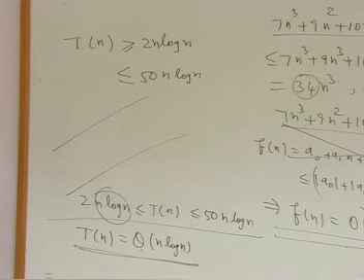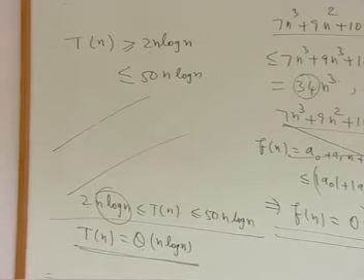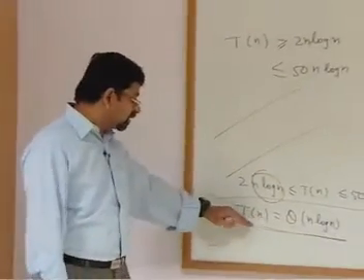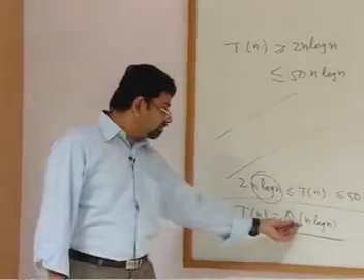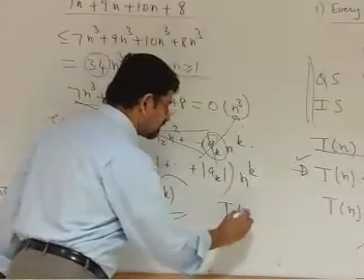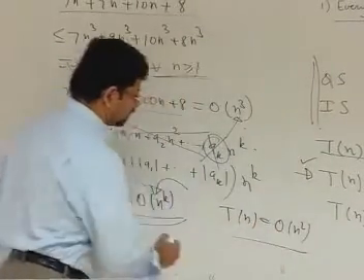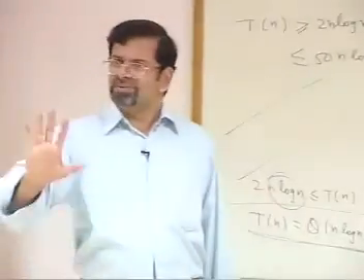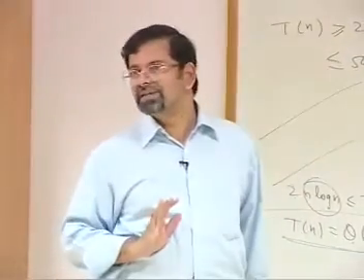The moment you are able to say that T of n is theta n log n, thereafter people will not even ask the exact constant. What exactly T of n is, they may not even be interested. The moment you say this, you have estimated the nature of the function very accurately. But if you simply say T of n is order n square, people may ask, wait, have you done your math correctly? Have you derived the upper bound? Is the upper bound tight?